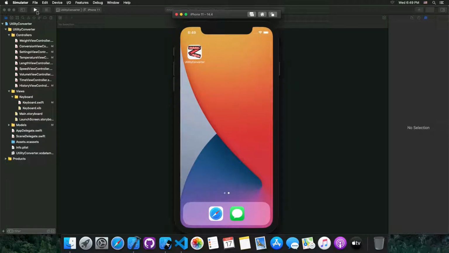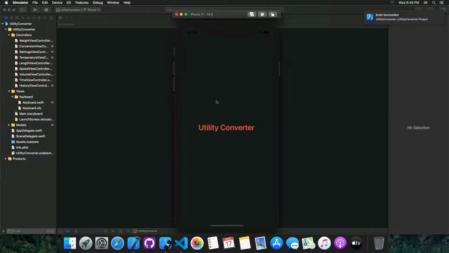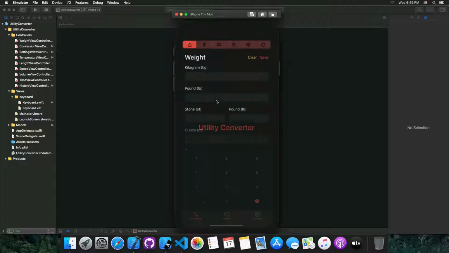So this is the application. This is the splash screen. It goes into the conversion tab, which has a segmented controller that switches in between different conversions. This is a custom keyboard which has numeral keys, a backspace key, a decimal pointer key, and a